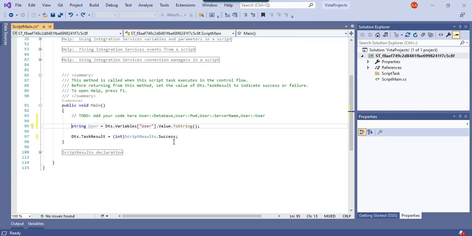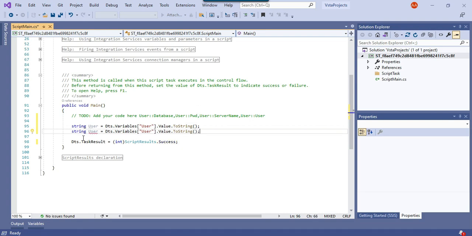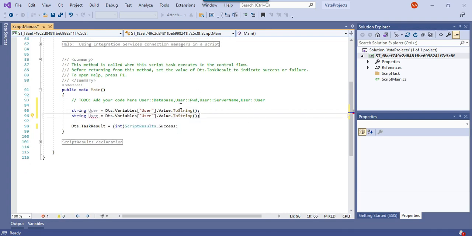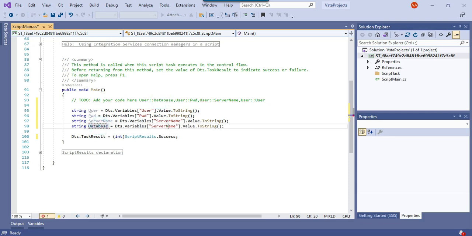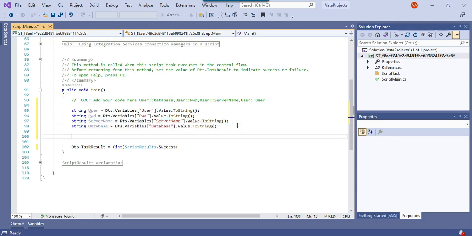This is how we can get the value from an SSIS variable to a C# string variable. Then we can define the other variables as well: password, server name, and database. So we have defined the variables for all four.